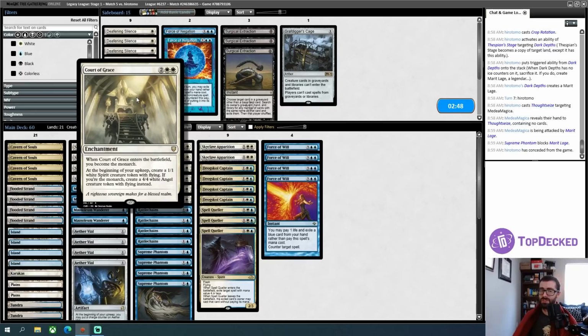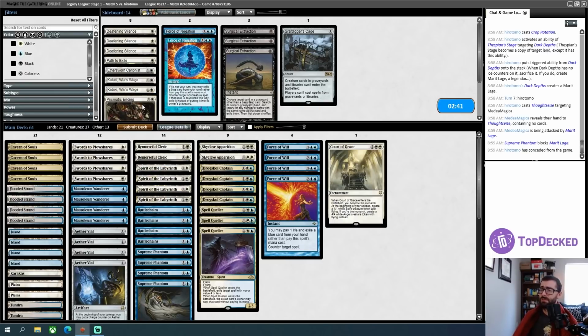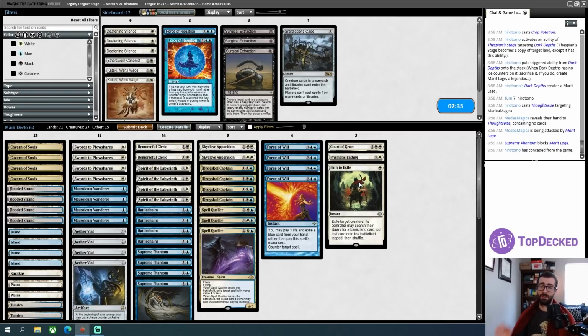Court of Grace is sort of interesting. It's obviously very slow, but it makes a blocker every single turn against Mishra's Workshop. I might play that. I want Prismatic Ending for Elvish Reclaimer. I want Path to Exile as a removal spell. How do I feel about Force of Negation? My opponent's going to go for a lot of things that matter on my turn rather than their turn. I don't know how into that I am. There's also worlds where I play Surgical Extraction, but